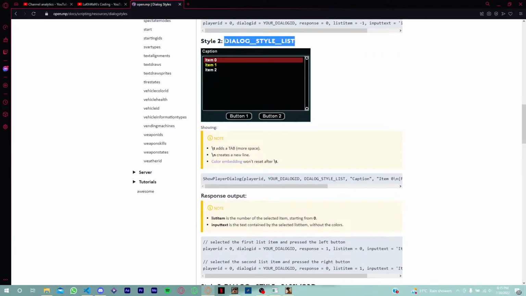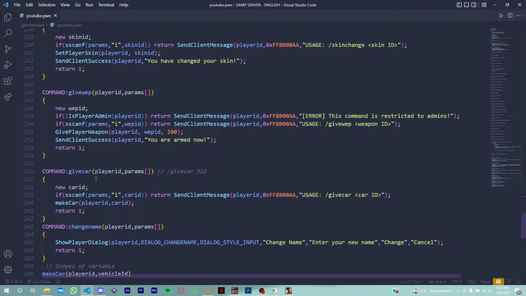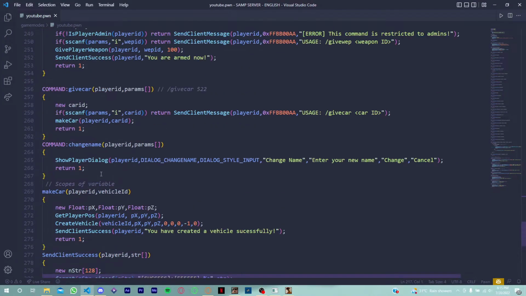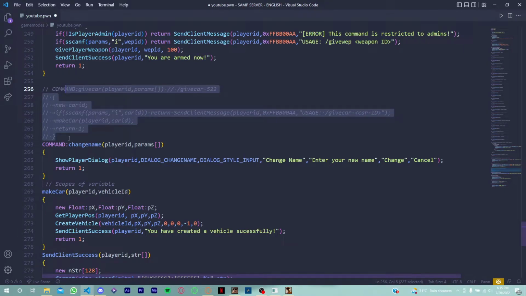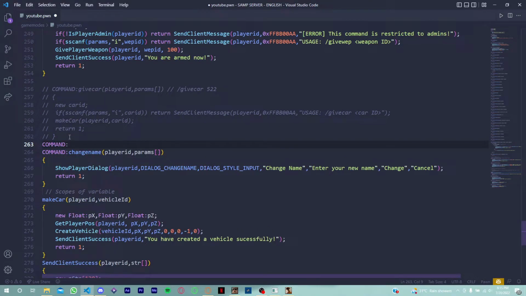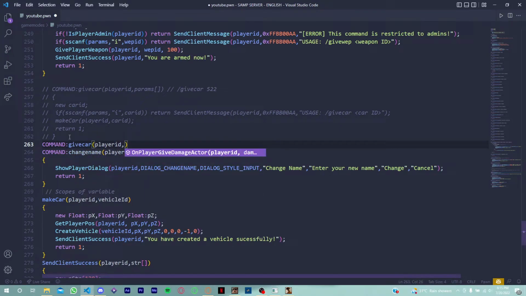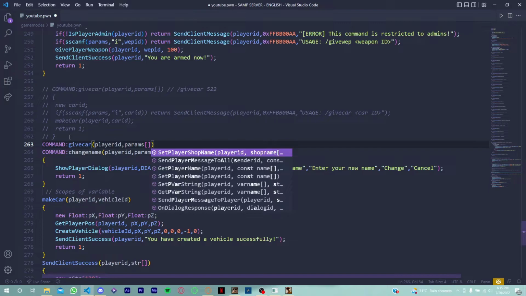Okay, so how are we going to make the dialog style list? I will just use the give car command. I guess we made that. Yes, give car command. We will make it dialog based this time. Now let's just comment this out and I will write this thing again. Okay, command give car, player ID, and then I will just write params